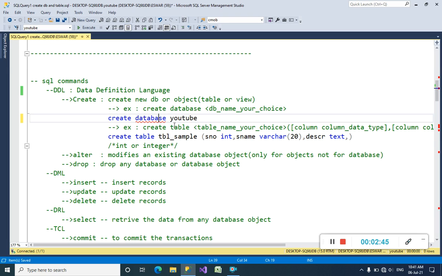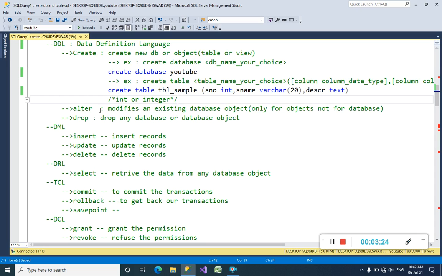We can use the create command to create a database or a database object, like create table sample, whichever name you want to give it. When we create a table, we must declare the column names and their data types. We have already learned about these things in the previous session.